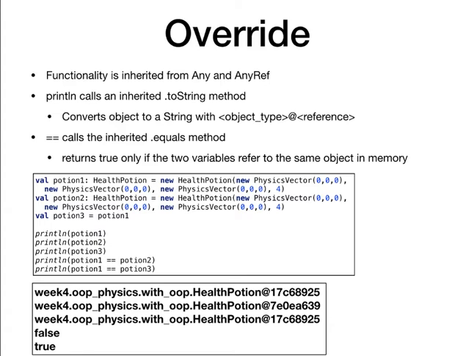So when we create a new class, we do get these two methods. We get a toString and a .equals method, which is called by equal equal, and we get their default behavior. So the default behavior of printing one of our objects to the screen, one of our health potions in this case, is going to be to print the fully qualified object name. This includes the package and the name of the class, an @ symbol, and then